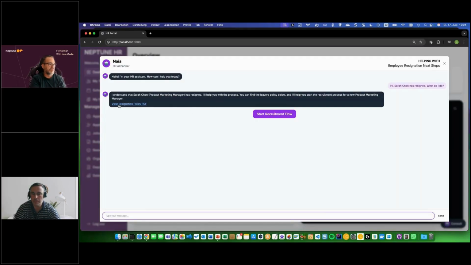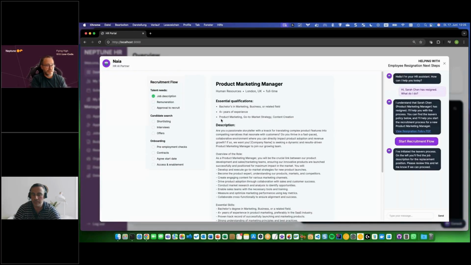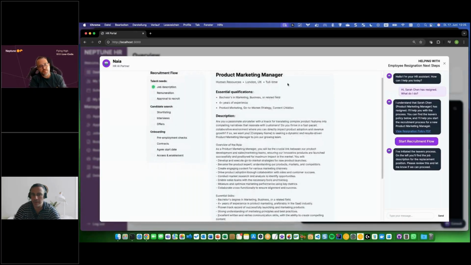I can view our resignation policy as a PDF. This will open in a new tab, or I can start the recruitment flow because I need to find a replacement for Sarah Chen, especially for this product marketing manager. So I'll do that. What it does now is it generates a job description for that specific role, right? It knows because of the data sources that the position is located in London, the name of it, and from the job description of Sarah Chen, it can also create a description